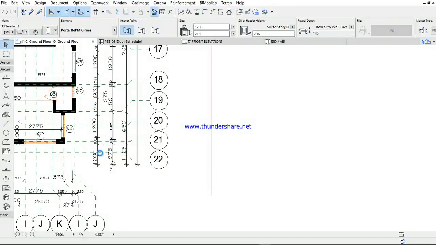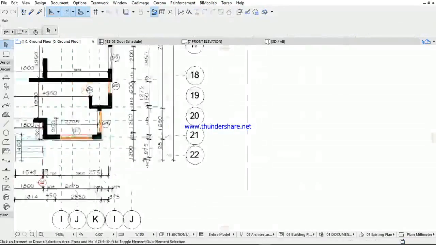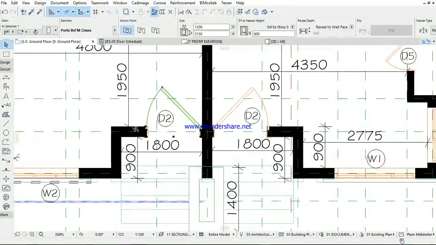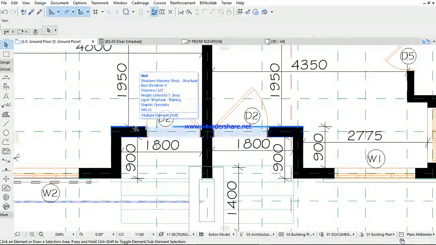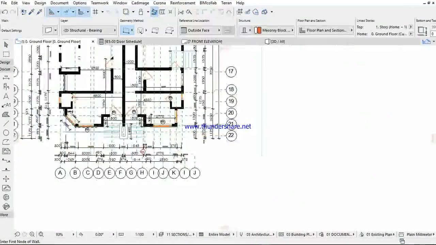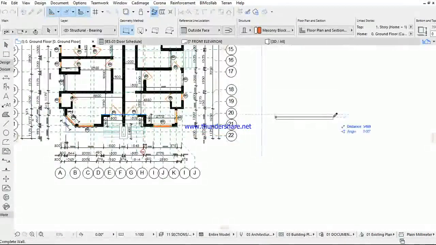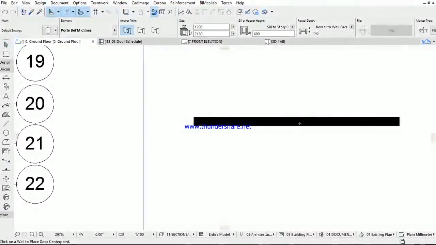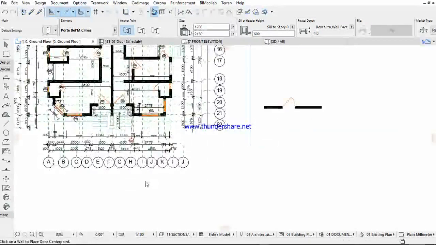Now, if you check out, these doors are basically my add-on doors. What I do is I come down here, I create my single line, pick that particular door that I want to represent, and place it on the view,